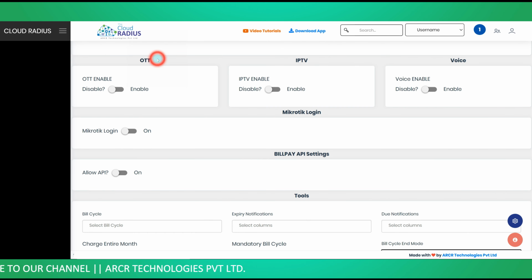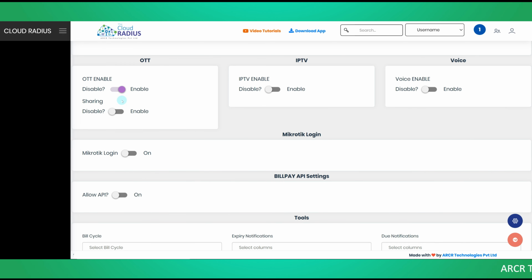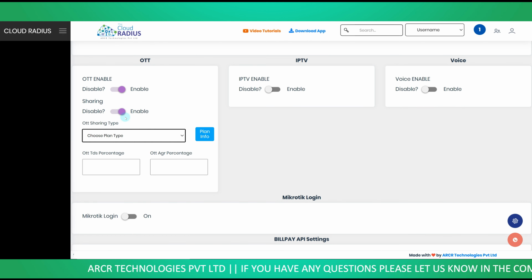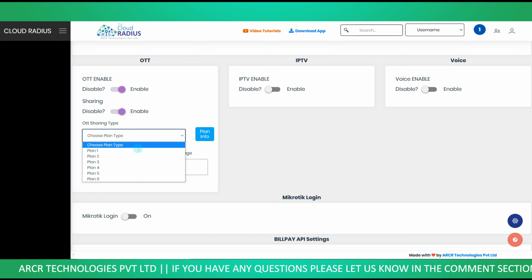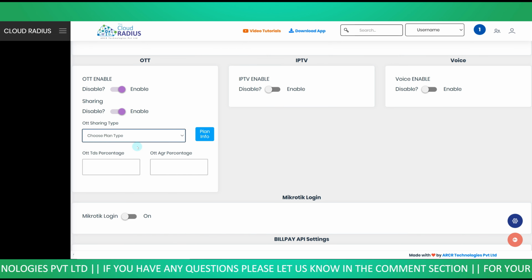Next, OTT. If your partner wants the OTT platform, you can enable the OTT option. After enabling the OTT option, you have to select your criteria like bulk or sharing. For bulk, disable the sharing option. By default, the sharing option will be in disabled mode. For sharing, you have to enable the sharing option and select your partner sharing ratio by choosing the plan type